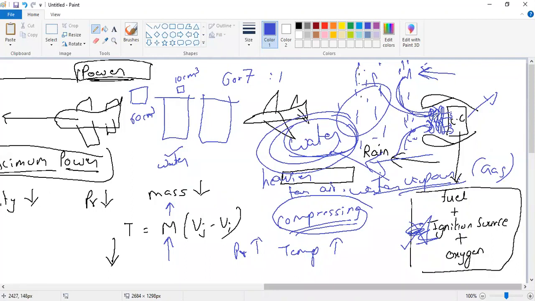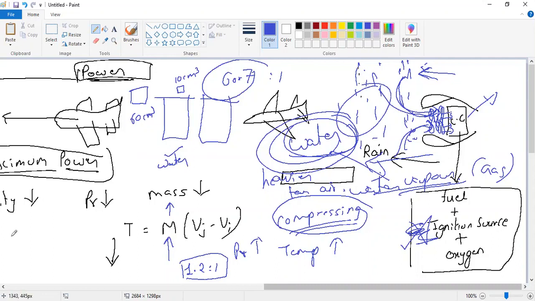Okay. In your axial flow compressor, what was happening? At every stage, it was just 1.2 is to 1 pressure rise. Right? Here I get a sudden rise in the pressure. That means I will get a sudden rise in temperature also, right? So even if there is just one stage of the centrifugal compressor, it will get converted into gas.